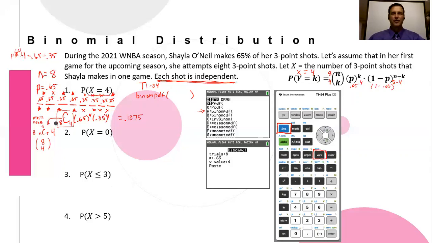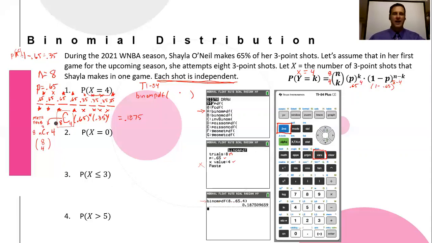You'll put your trials in. In this case, there's 8. This is basically your N. Your P is 0.65, and the X is just the X. It's how many, in this case, 3-point baskets that you're hoping to have. In this case, it's 4. And if you go down and hit paste, enter once, you should get this screen. It says binomial pdf. Some of you will start off with this screen. You won't have the one above it. You just plug in 8,